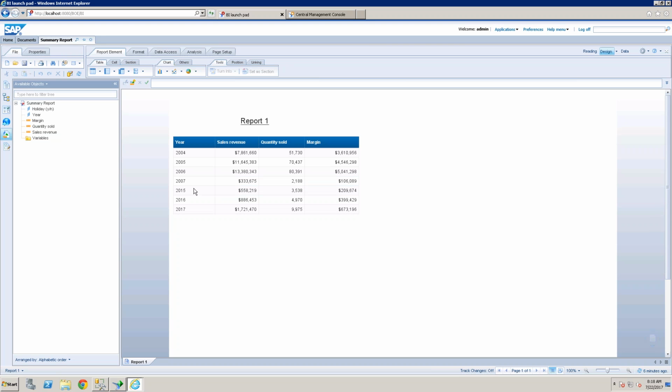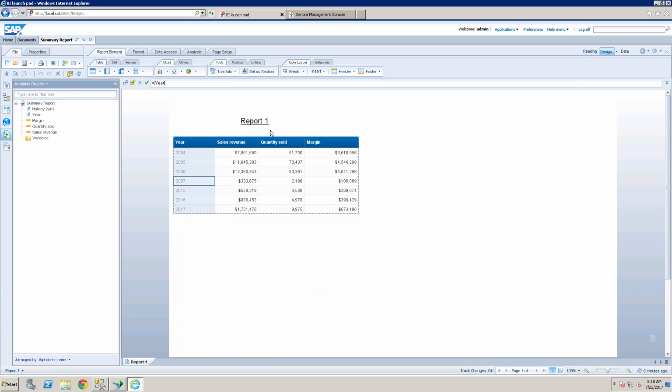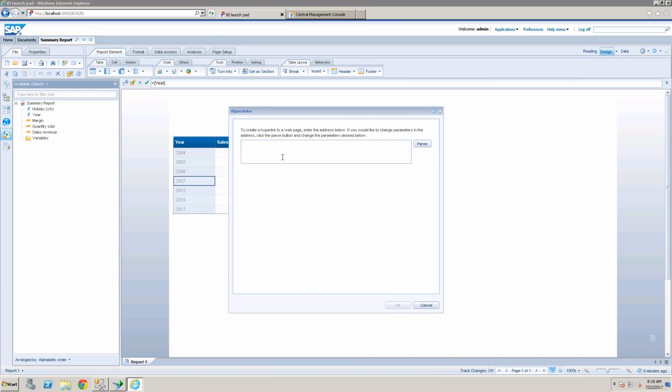Okay, now if you right click here and click on linking, add hyperlinking, you're not getting any option to link it directly, right?